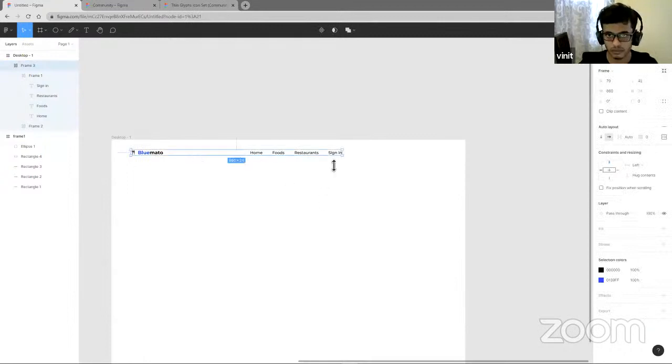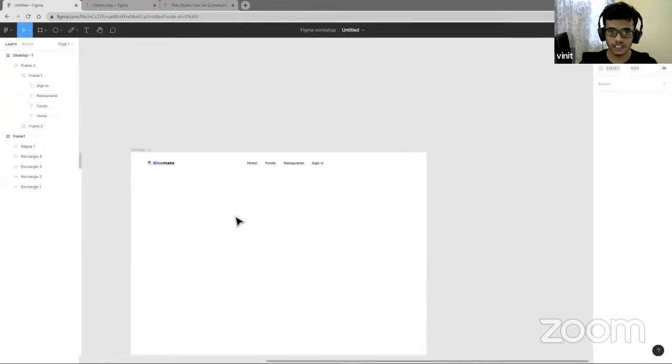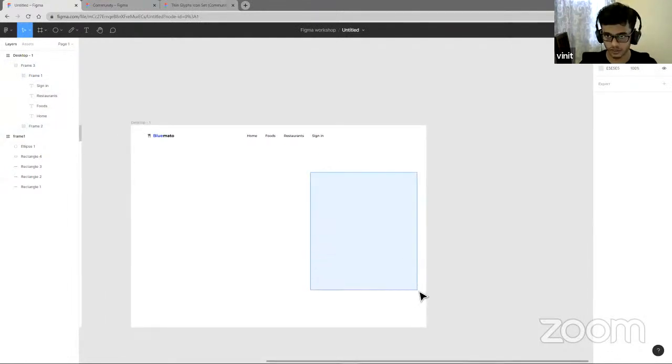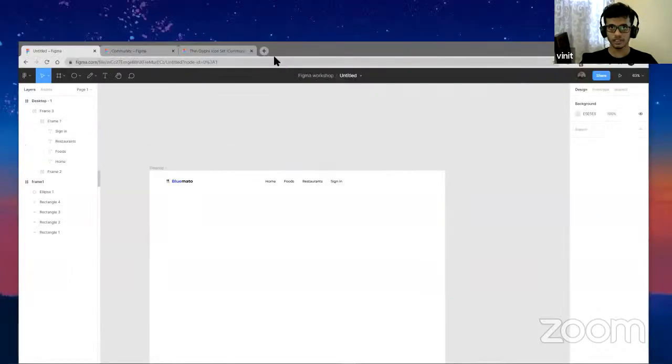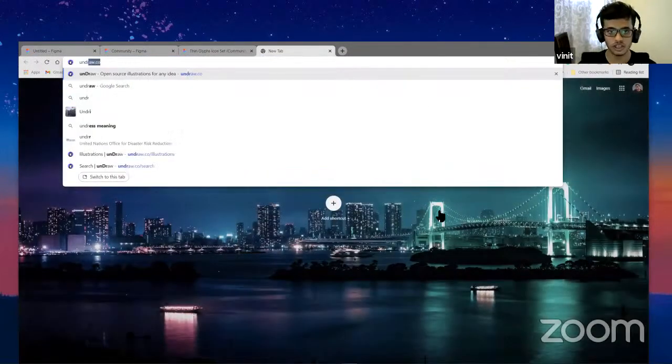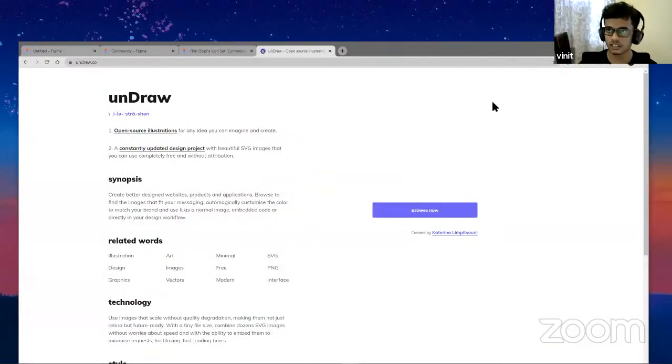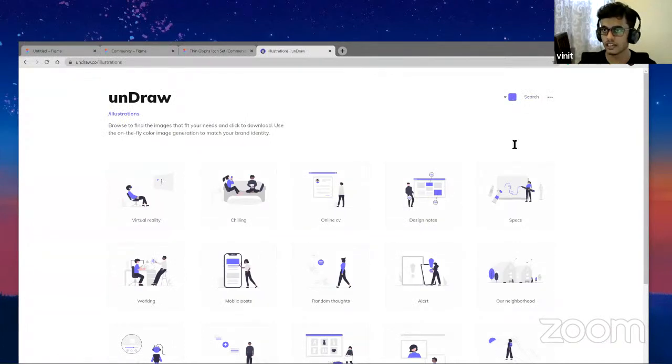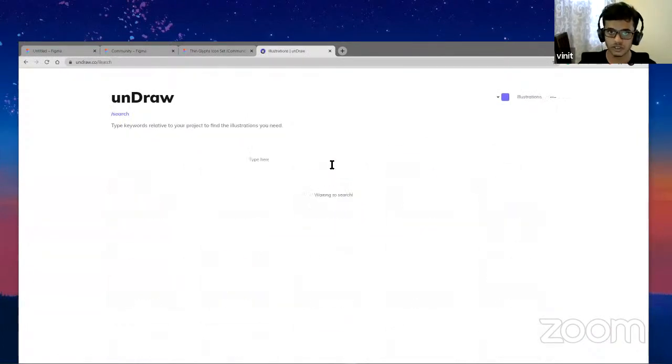We have a logo, we have a company name. This is in the center. Okay, now what you need is a picture over here. So for that, I use this website called Undraw. It's really nice. They have pretty cool illustrations, not pictures, but illustrations. I like illustrations. And here I can select, okay, suppose I want food delivery, so I'll just search food,